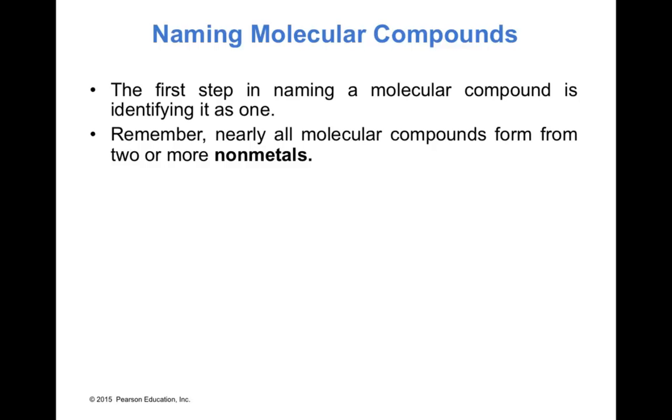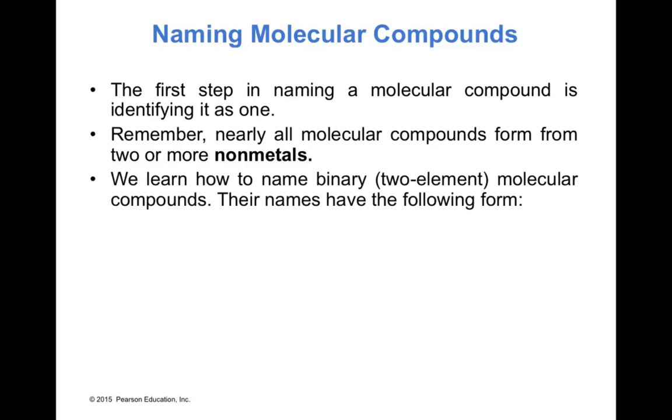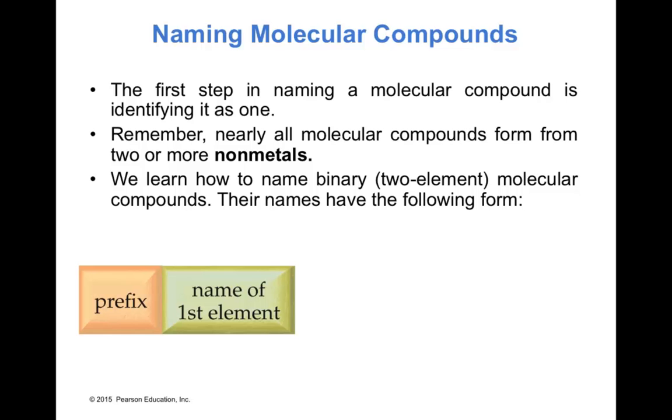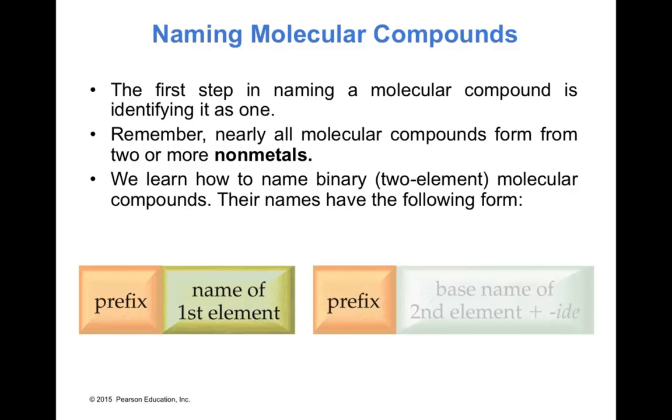If we don't have a metal in the atoms that form that compound, that compound is a molecular compound. We learn how to name binary, two-element, molecular compounds. Their names have the following form: prefix, name of first element, another prefix, and the name of the second element